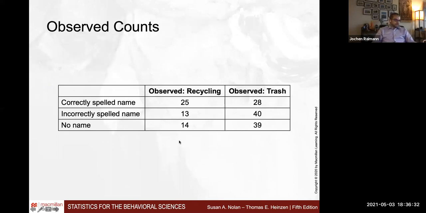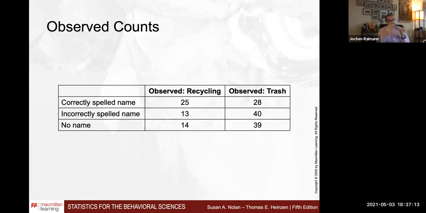So now the example is, and you have that in your book. I don't know what kind of coffee you prefer. Sometimes you go to Starbucks and you order your coffee and they write your name on the cup, right? So once that actually happens, you become emotionally attached to your cup. And even if that name is spelled correctly, so my first name is Jochen, you can only imagine how my name gets slaughtered. It's not a joke.